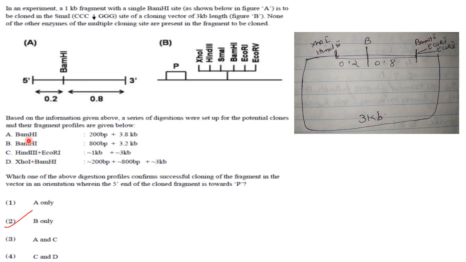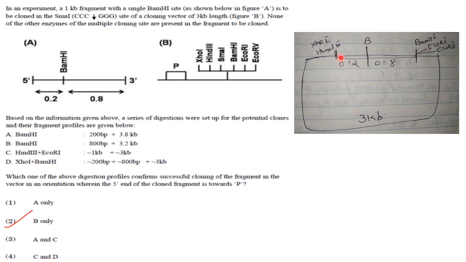Now first option, option A. BamHI digestion, 200 base pair and 3.8 kb. If you digest with BamHI, you will get a 0.8 kb fragment and then 3.2 kb fragment. So option A is not correct. Then next one, BamHI, 800 base pair and 3.2 kb. That is correct. HindIII and EcoRI, if you digest, you will get a 1 kb and a 3 kb band. That is correct. But